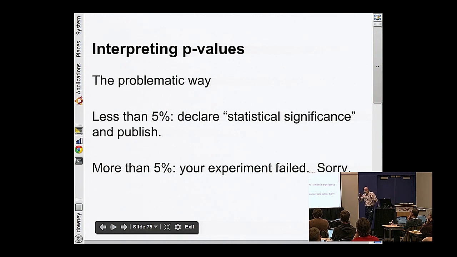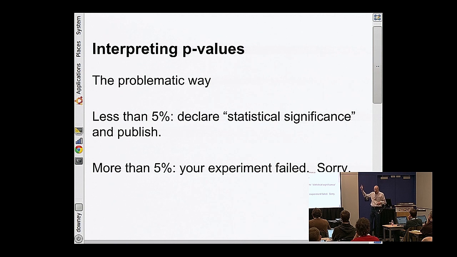I'm going to tell you about 3 ways to interpret p-values. This is the one that's problematic. You know, I started this by saying that p-values are a problem. I wish they would go away. Part of the reason that they're a problem is this. For a long time in science, if you ran an experiment, you computed a p-value, and if it came out less than 5%, that magic threshold distinguishes between what is called statistically significant and not statistically significant. Below 5%, yay, declare victory, publish, ticker tape parade, 4.9%, we win. 5.1%, oh, terrible, experiment failed, don't publish it.